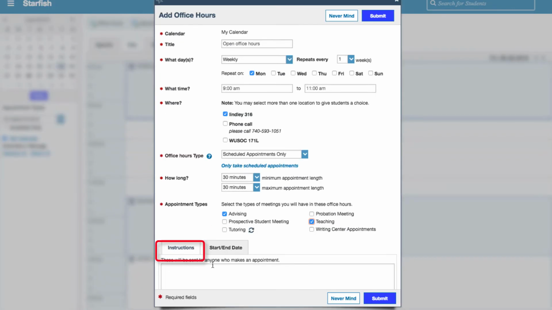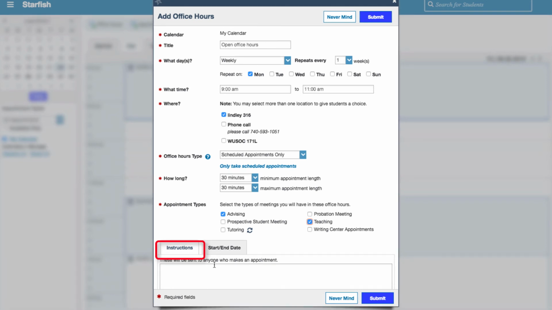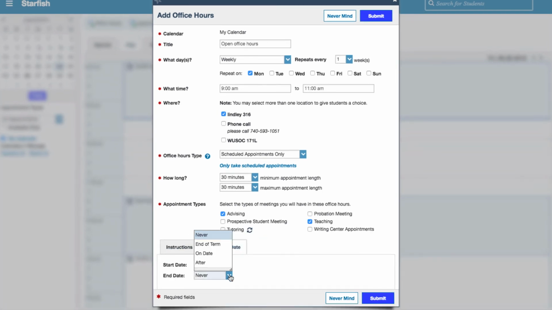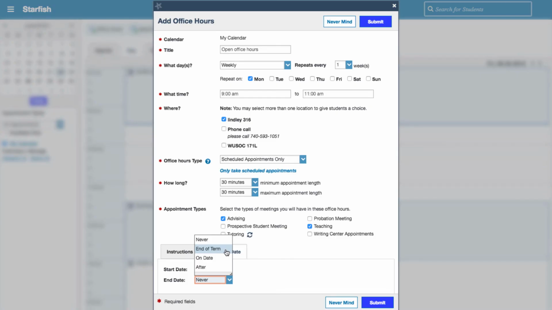You can add instructions that will go to anybody that makes an appointment. This is particularly helpful during pre-registration advising if you want to indicate that students need to come prepared with the list of classes or a course schedule for you to look at and approve. In addition, you can have a start and end date. What works really well here is you can end your office hours at the end of the term so that you don't have to delete out office hours that are going on in perpetuity and then add new office hours